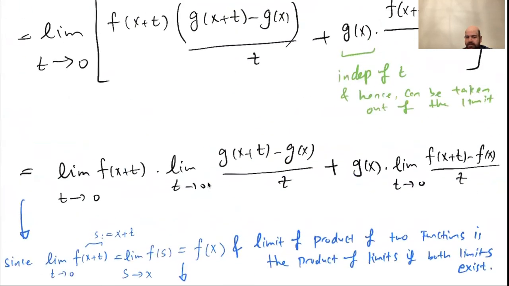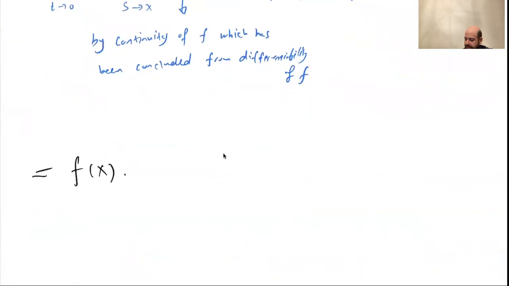times, now what is this guy here? This guy is g prime of x, right? Because g prime of x, according to the definition, is limit of g of x plus t minus g of x over t as t approaches 0. So this guy here is g prime of x